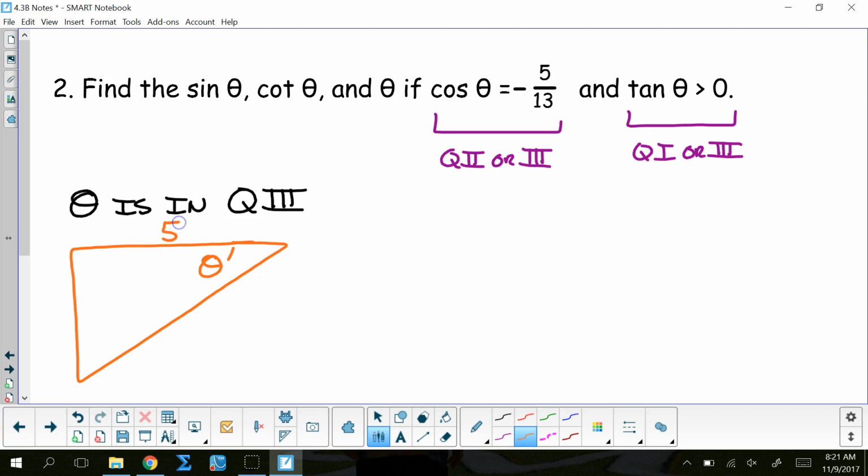So this is 5 and this is 13, which then makes this side be 12 if I use Pythagorean's theorem. Okay? So the sine of theta prime,